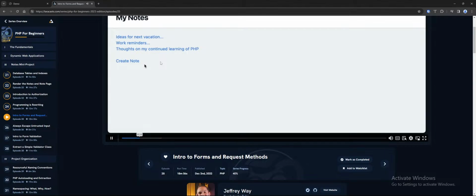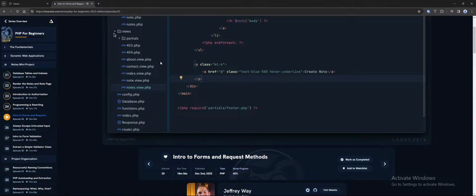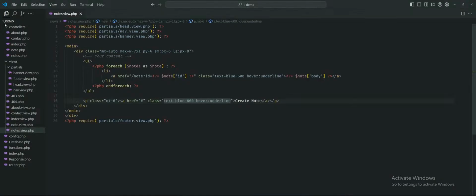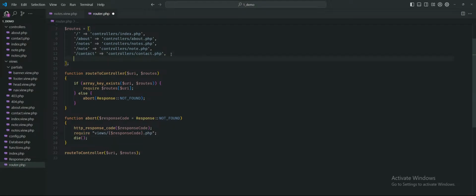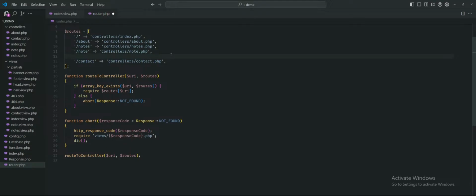Should create a new route for that. So let's close out the views. We'll go. Just creating a new route. Let's jump ahead a little and see if we're correct. Add a comma here, and you know what? I like to do it here instead. /create, and that should take us to the controller create. Let's see. For consistency,